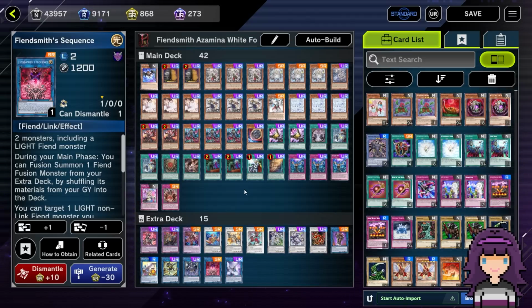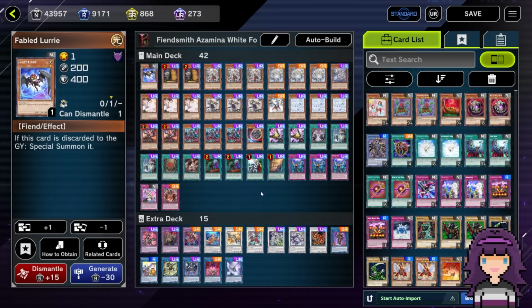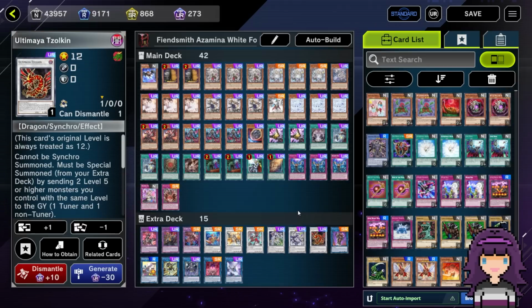But I'm willing to test a version without Fiendsmith and see which of the two is more worth it. Once we get the main deck version of Lacrima, then obviously Fiendsmith becomes a lot better. But for the time being, Engraver will get us multiple bodies, sure, but it's not like Tract or Lurie is going to necessarily get us a full Fiendsmith line. But to be fair, they do get out a level 6 body, which is really all we're looking for